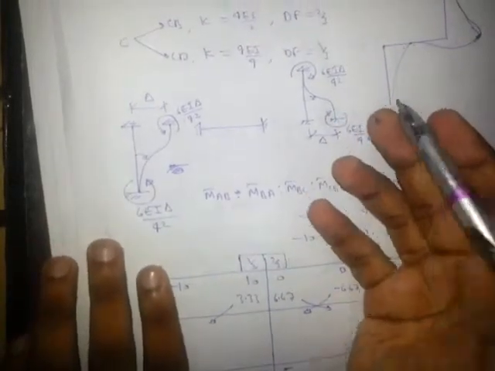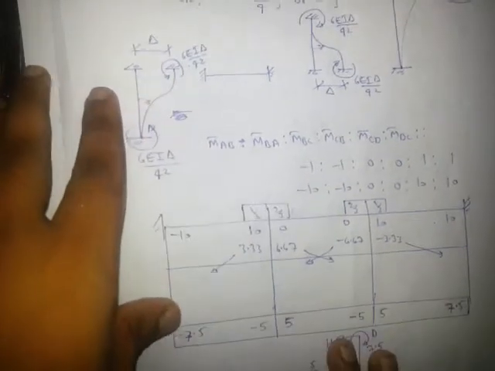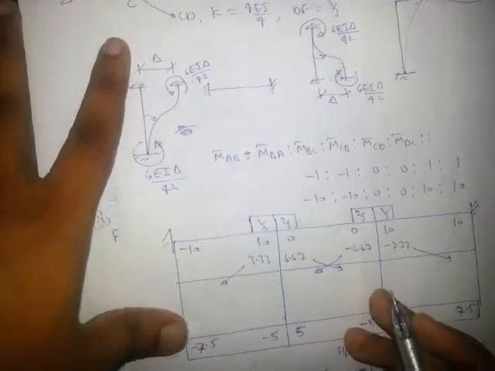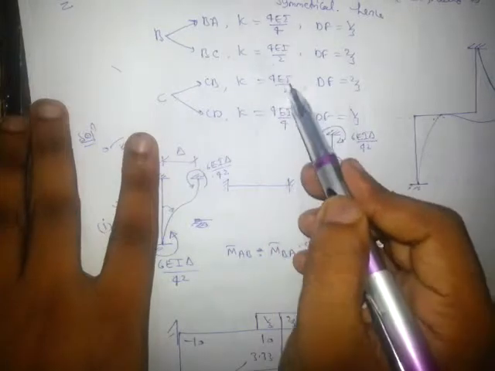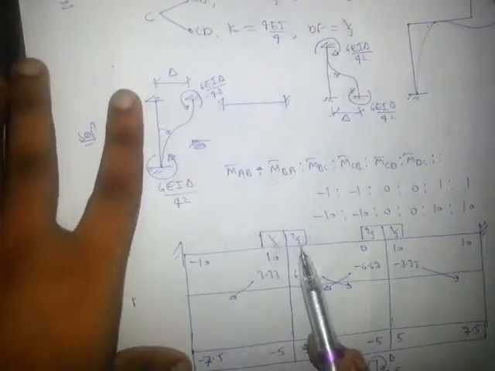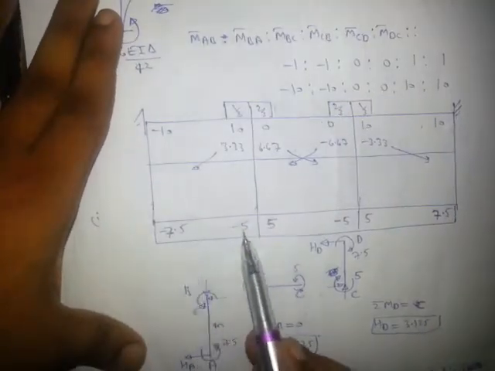This is not symmetrical. That was the special case where the frame was looking symmetrical, right? So this is not symmetrical. So we will use the general stiffness factor like this, 4EI by L, 4EI by L, 4EI by L, 4EI, this 1 by 3, 2 by 3. Now we will distribute moment and will finally calculate the value, minus this plus this.